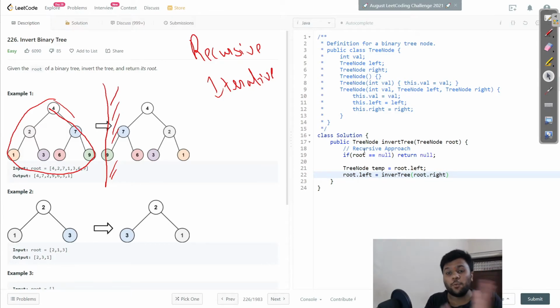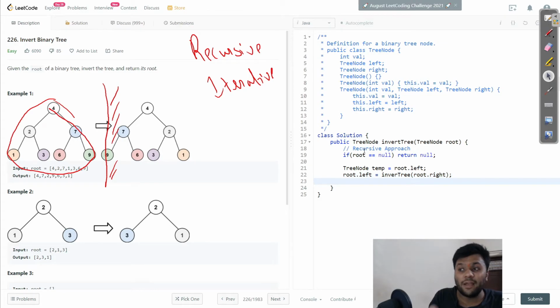So my left is pointing to my right now. Now my right will point to my temp. I hope this thing is clear. Root dot right starts pointing to my invert tree, root dot, oh no, my mistake, temp. Temp will come over here.